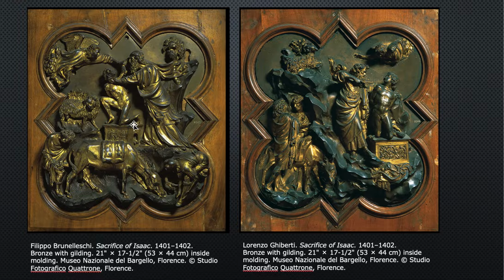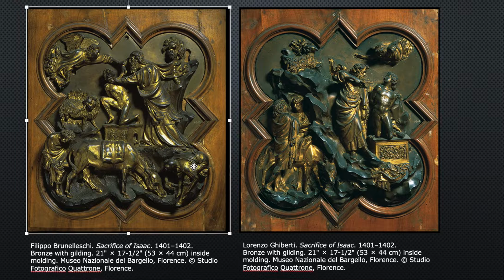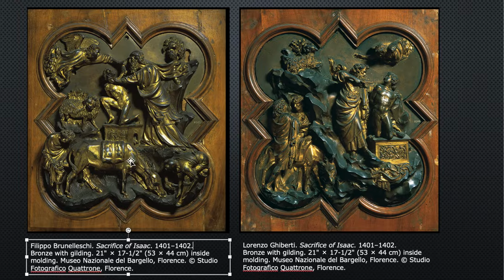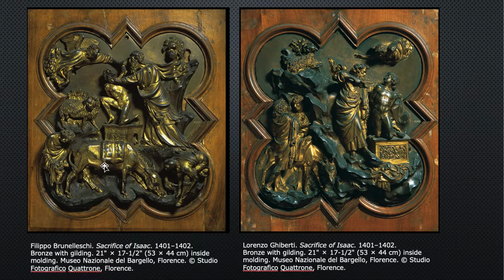So this is Brunelleschi's solution. He puts Isaac right in the center, puts the altar of offering right in the middle, gives a sort of a diagonal to Abraham leaning in, and then it's almost like there's two registers, and the lower register here has the helpers, a man and a man there, and the donkey. It's pretty symmetrical. It's just pretty standard. I mean, it's nice. And there's the little ram, but